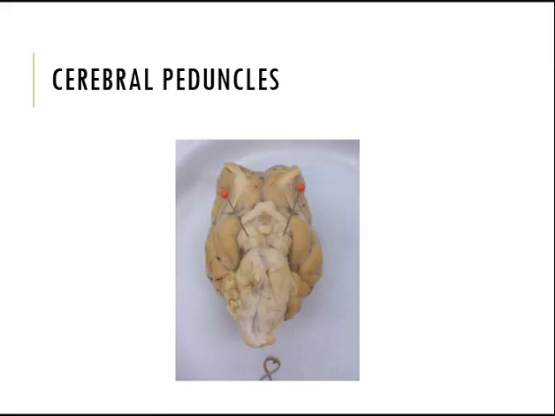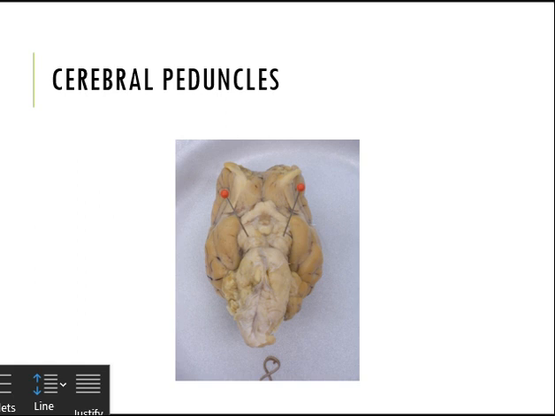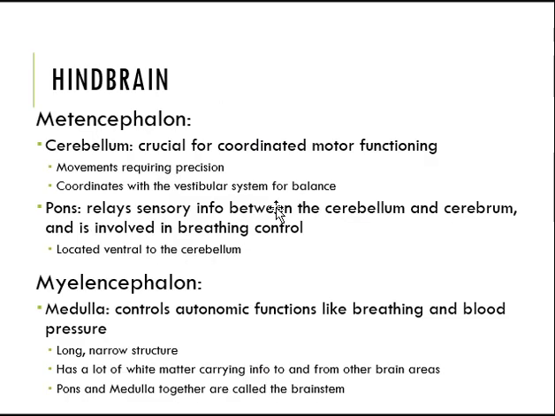Here is a pinning of the cerebral peduncles, and this is close to where the pituitary gland was, so the dura mater is now removed. So you can see right in the center between these peduncles would have been where the pituitary gland was, near the optic chiasm. So once the dura mater is gone, you can see the peduncles. And now we can move on